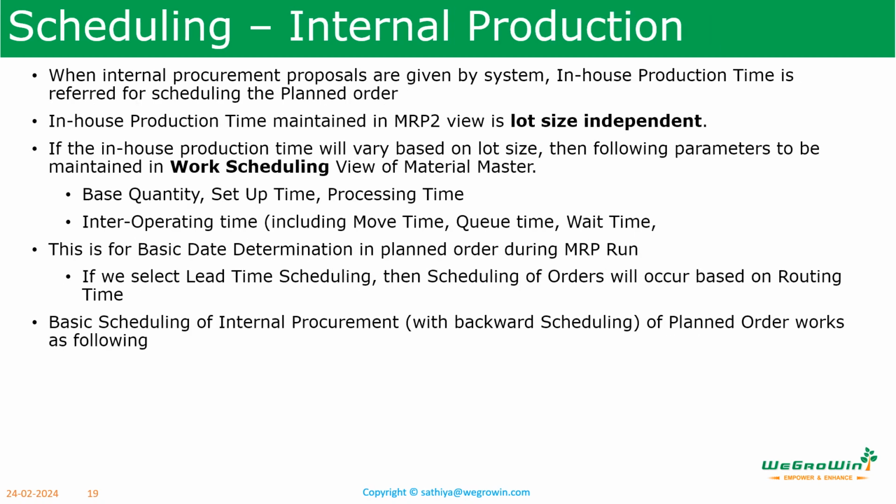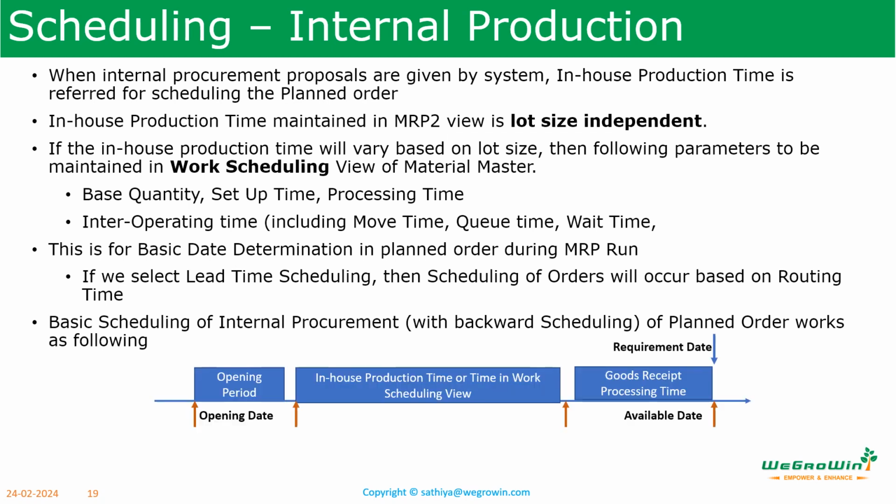Then in-house production time. In-house production time is the time required for scheduling activities. This is maintained in the MRP2 view as lot size independent. But the same time can be maintained in the work scheduling view also, in a different format. Like we can define the base quantity, and for that, the setup time required, the processing time required, and the inter-operation time required. So the in-house production time maintained in the MRP2 view is used for basic date determination in the MRP run. So this is one of the things we have to consider when we check how the scheduling is happening